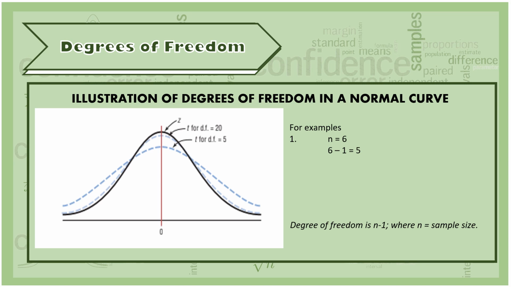What if the sample size is 21? Again, same procedure as in our first example, subtract 1 from the sample size, and it will become 21 minus 1 is equal to 20, and 20 is your degrees of freedom. As you can see on the illustration, as you increase the sample size, the curve approaches the normal distribution, which justifies the characteristics of the